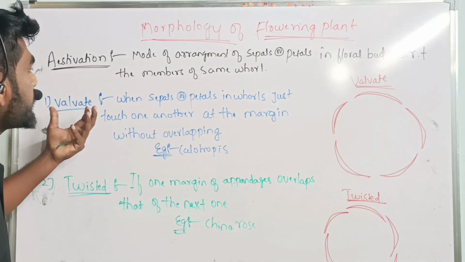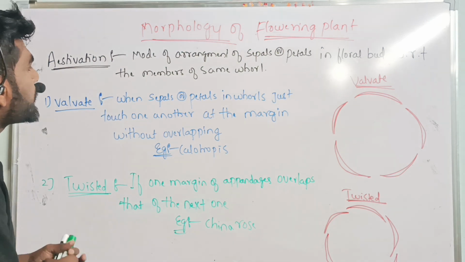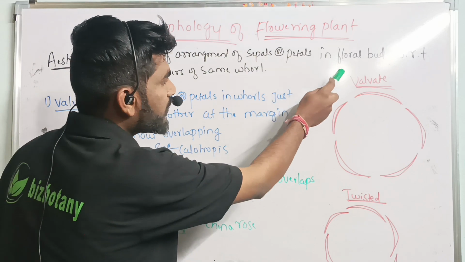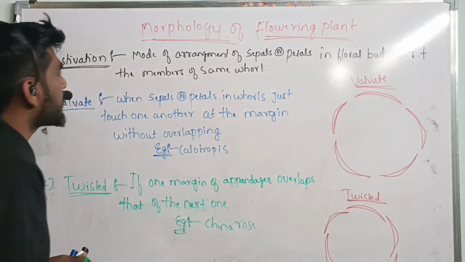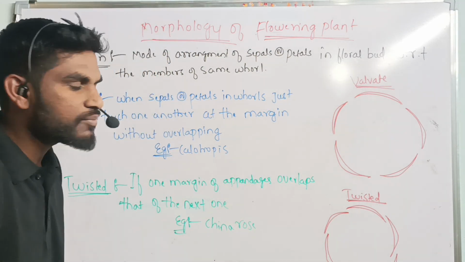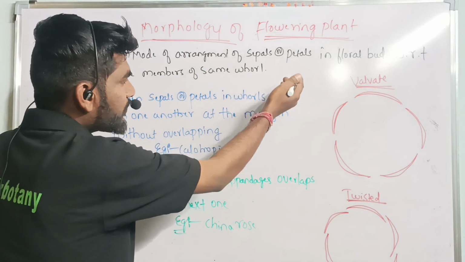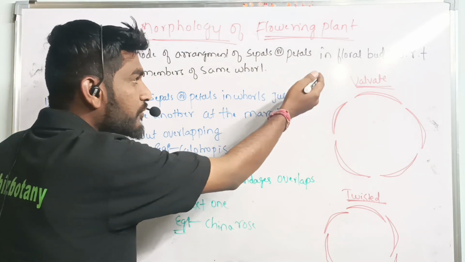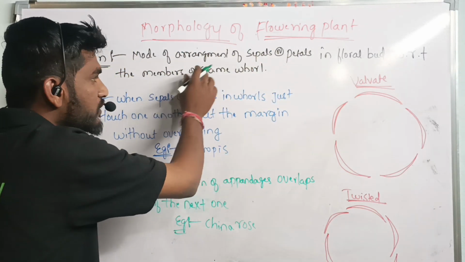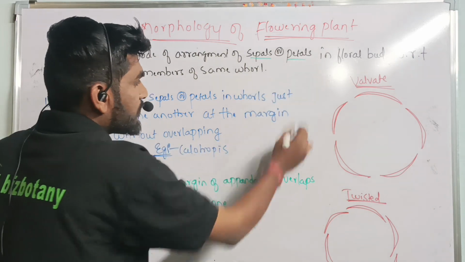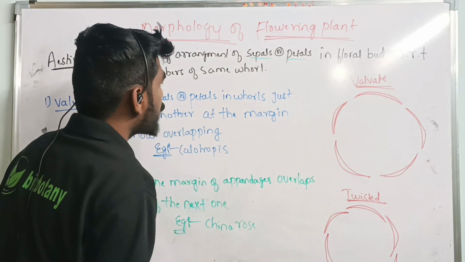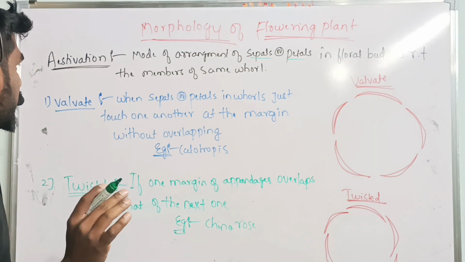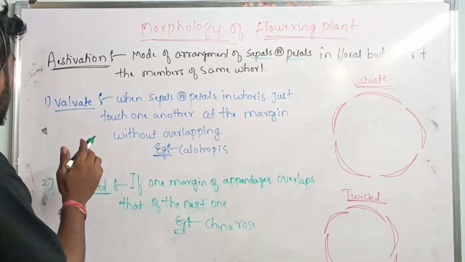What is aestivation? Aestivation is nothing but the mode of arrangement of sepals or petals in floral buds with respect to the members of the same whorl. Same whorl means sepals or petals which are present in the same whorl. In that we have four types. First one is a